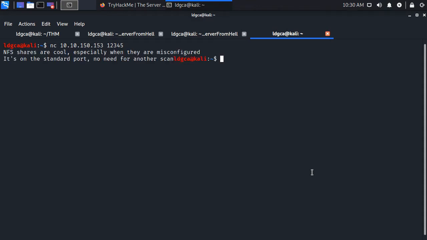NFS shares are cool, especially when they are misconfigured. It's on the standard port, no need for another scan. Alright. NFS, network file shares. Now let's see what NFS shares are available. We're going to use